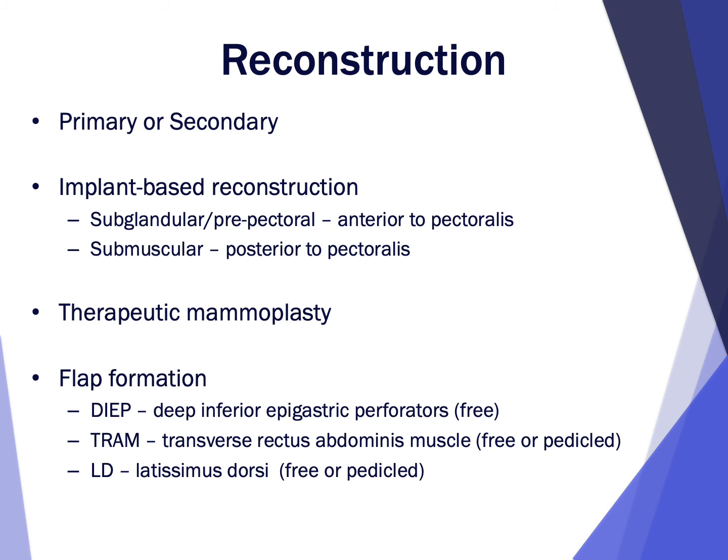And then we have the flap reconstruction, and we can either have free flaps or pedicled flaps. So the pedicled is where you take, I've got pictures of this on the next slide so it'll make a little bit more sense, but the pedicled flap is where you take a muscle and you keep it on a pedicle, so you're not completely removing it and placing it on the breast, you are swinging it on its blood supply to the region in which you want to use it to form a breast. Whereas the free flap is completely taking away a portion of muscle to then move it to the area of the breast to reform that. So just to explain,